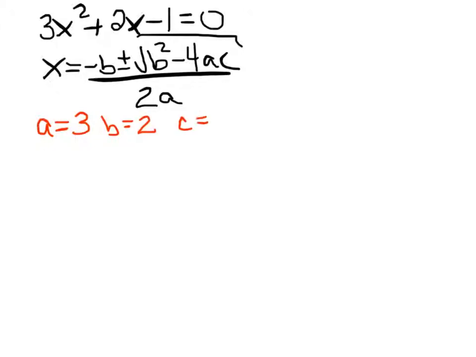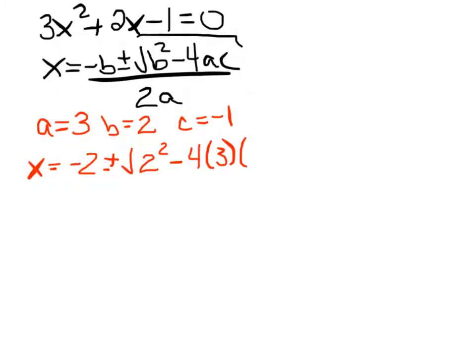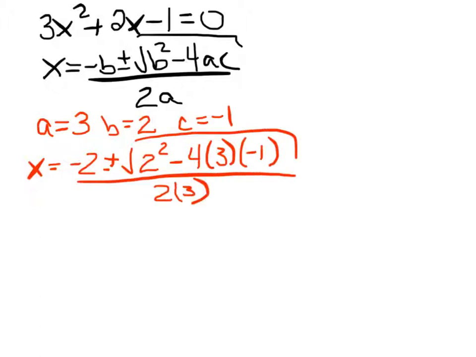C will be my constant, which is -1. Working from here, I then get x equals -b plus or minus the square root of b squared minus 4 times a times c, all over 2a. Using order of operations to clean up what I have underneath my radical, -2 plus or minus